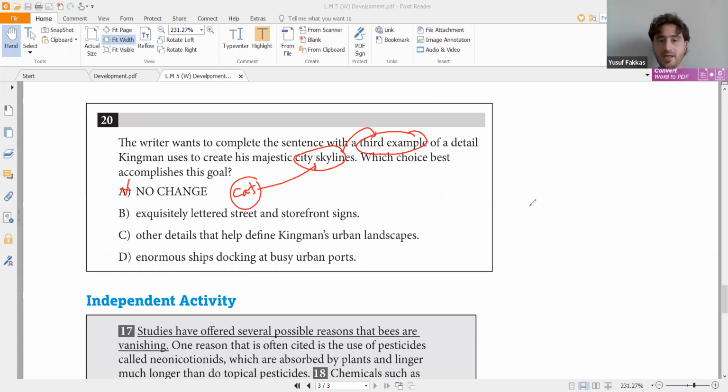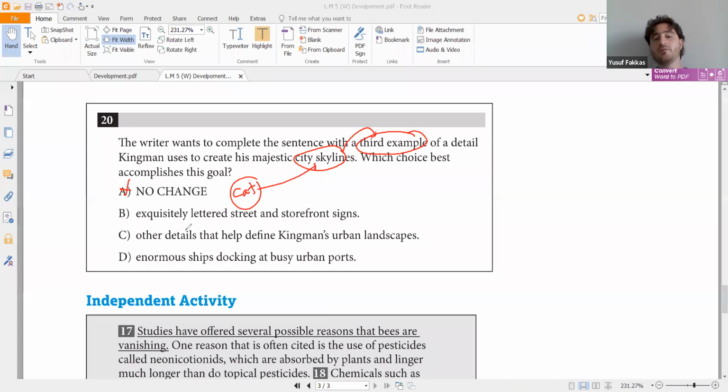Okay, this time we have different answers. Some chose B, some chose C, and some chose D. I'm gonna wait a little bit for other answers before we discuss. Okay. Now,